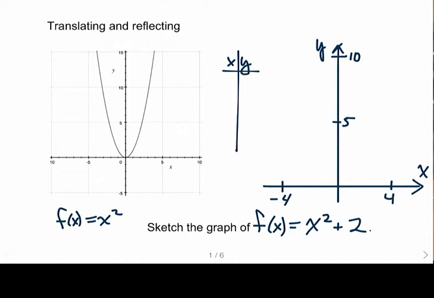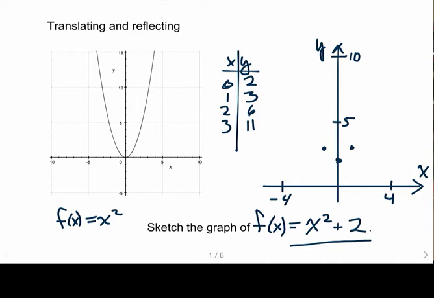I'm going to pick values that we're familiar with here for inputs, like 0, 1, 2, 3, and see what happens with outputs. If we put these values into the function x squared plus 2, then 0 is going to give us 2 as an output, 1 will give us 3, 2 will give us 6, and 3 will give us 11, if I'm doing my math correctly. Plotting these points, we have a dot here at (0, 2), and then at (1, 3). And of course, the parabola is symmetric with respect to the y-axis,